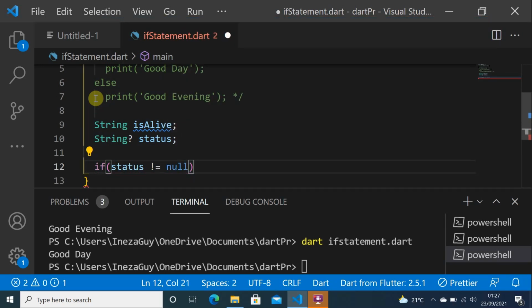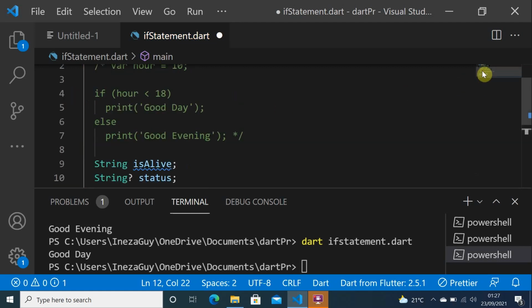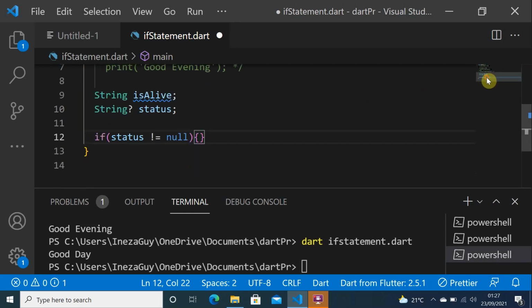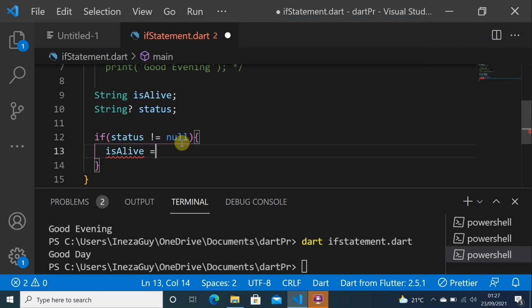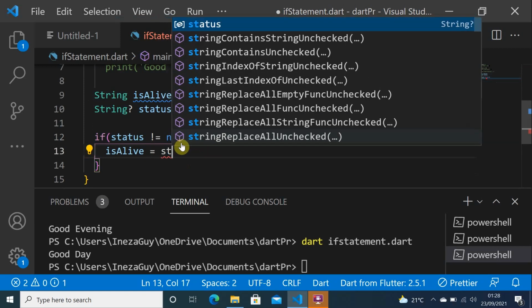Let me put braces. You can even put braces here. I haven't used them, the braces. It is not very necessary, but if you want, you can put them. If status is not equal to null, is alive will be equal to status,